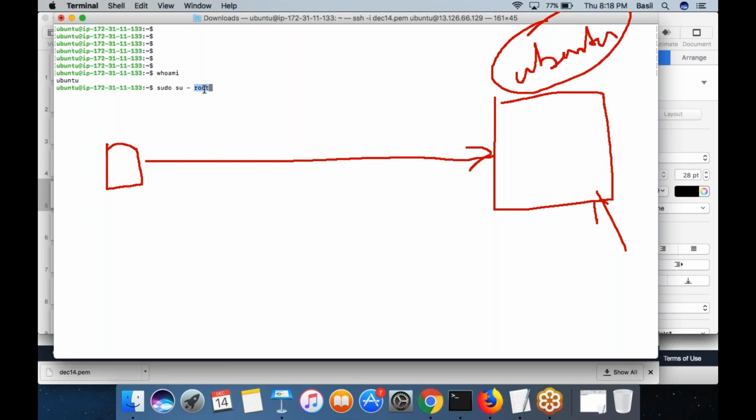So when you log in as user Ubuntu using your PuTTY, then you can run this particular command to log in as root. Su means switch user. You are basically switching the user from Ubuntu to root. For that, you can run this command su - root by putting sudo in the front. So we will talk about this command in detail. For now, just understand, once you are logged in as Ubuntu, then you can run this particular command to become the root.